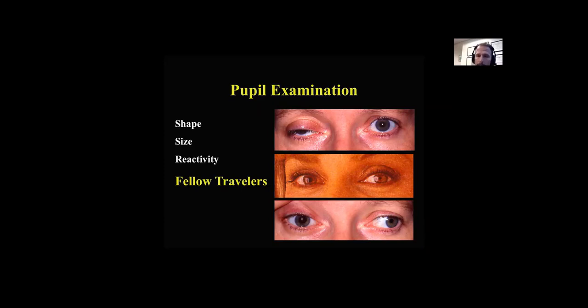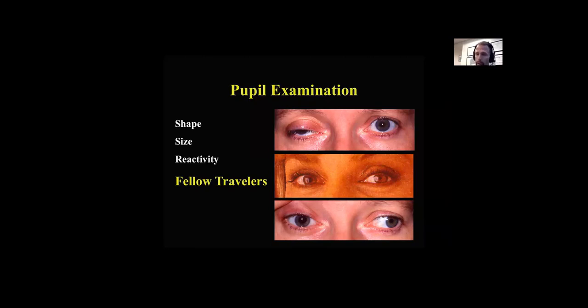In the photo in the center, you'll see the dramatic anisocoria, but you'll notice that there's also ptosis on the left. It's not very obvious. If it's not obvious, when there's anisocoria, pull out your ruler and measure the interpalpebral distance, the distance from the center of the eyelash margin in the upper lid to the center of the eyelid margin in the lower lid. In this patient, there's going to be a millimeter, maybe a millimeter and a half of ptosis and meiosis,